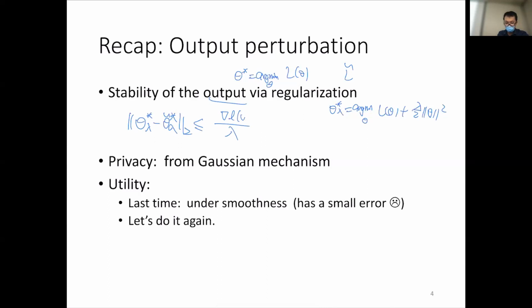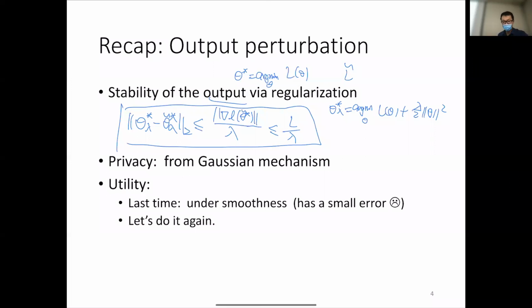And by our Lipschitz condition, this is smaller than L over lambda. Okay, so this is something useful, and the argument to obtain this is simply by applying the optimality